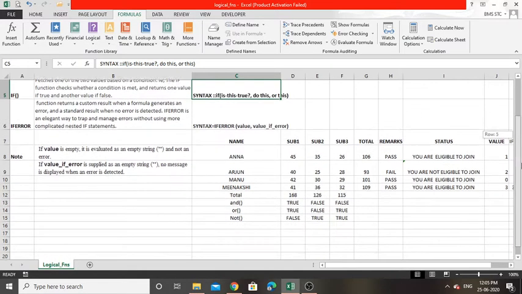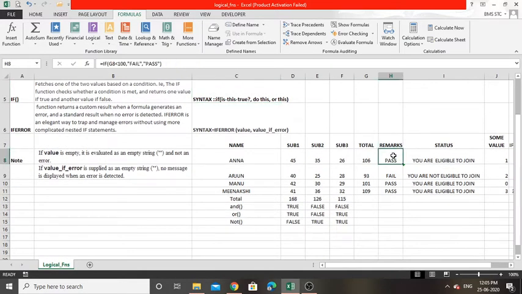Let's see with an example. I have used here an IF condition, a logical IF. Here I calculated the total marks only: 106, 93, 101, 109. It compares whether this total is greater than or less than. Here it is less than. So I am checking whether this total mark is less than 100 or not.